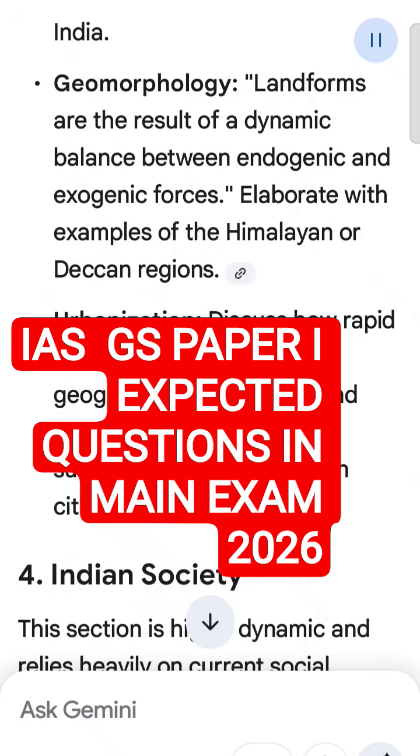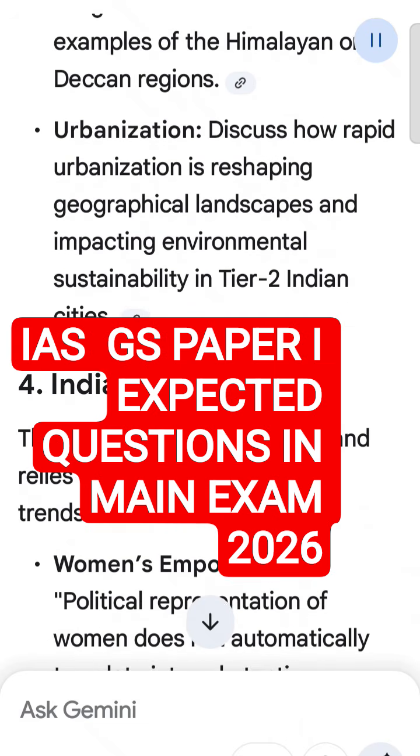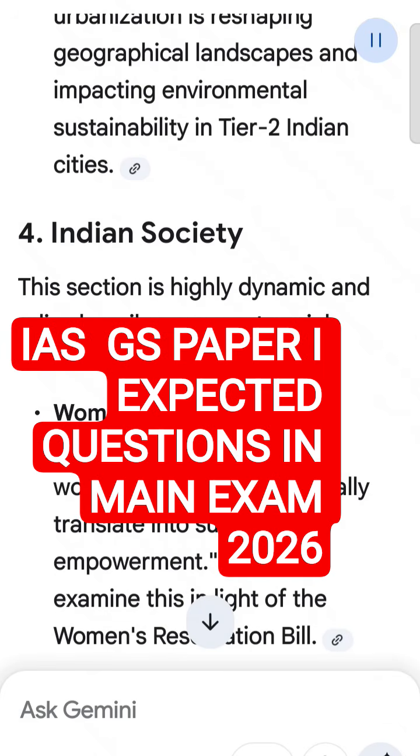4. Indian society. This section is highly dynamic and relies heavily on current social trends. Women's empowerment. Political representation of women does not automatically translate into substantive empowerment. Critically examine this in light of the Women's Reservation Bill. Digital divide. Analyze how the expansion of digital communication is